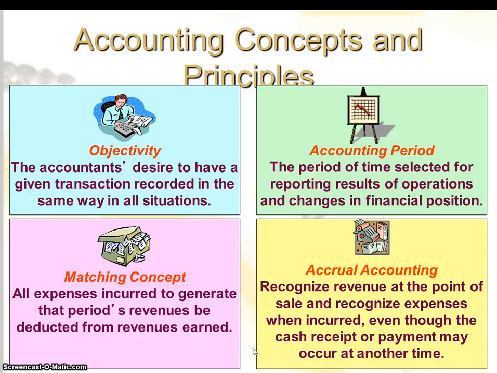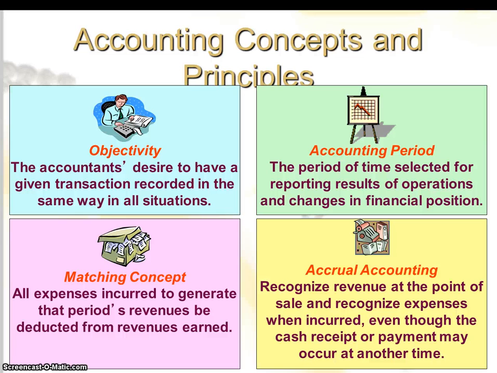Next concept we'll talk about, and I think this is a very critical one, is the matching concept. So the idea here is all expenses incurred to generate that period's revenues should be deducted from the revenues earned. So take a look at your income statement. If you're looking at Kohl's income statement, you'll see that they have sales revenue from the things they sell. So they might have sold me a pair of shoes for $100, which is recorded in their sales line. If that pair of shoes cost $50, they have a related cost of goods sold that is deducted from that